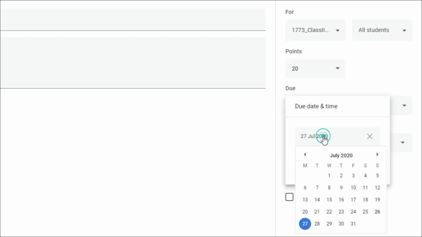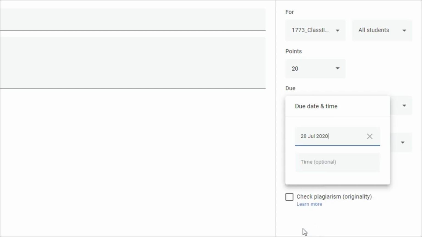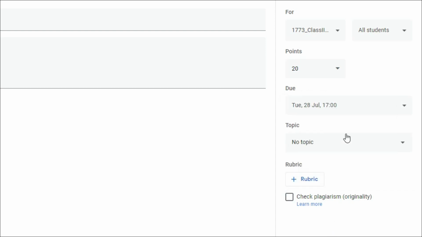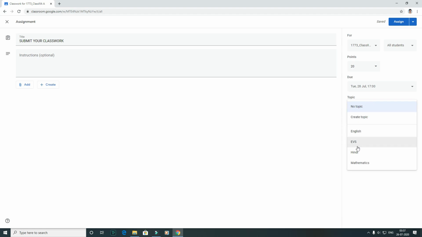You can fix the due date also. Suppose they have to submit it tomorrow, so 28. The time also you can set; there is an option for before 5 p.m., like that. You can set the time for submission, the last date for submission. Then under submission, which subject you are going to give it for, for example it is maths, so you can click maths. Down there is an option rubric. Don't click anything in that, let it be as it is. We are not supposed to click there. So then now you can give the assignment.